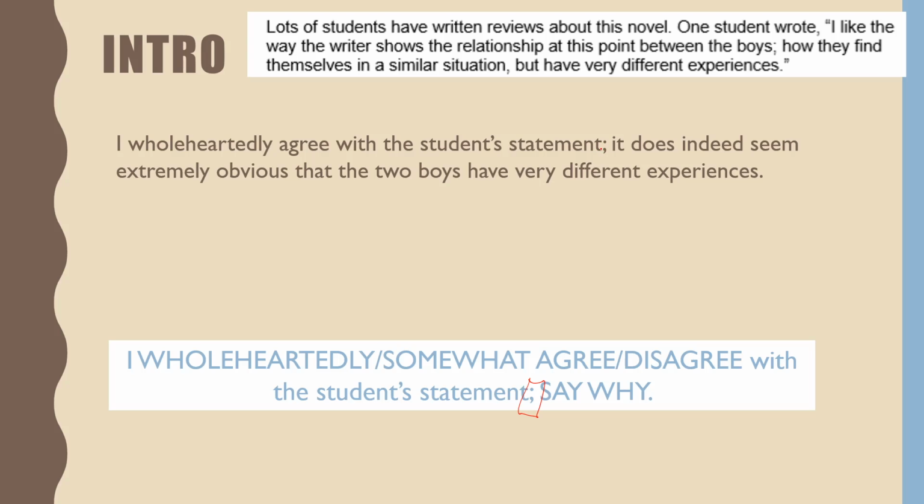If you're going to say somewhat, then after the semicolon, you're going to have to say one reason why you would agree, and then one reason why you would disagree. So you'd have to put both sides. So you might say, I somewhat agree with the student's statement; whilst it does indeed seem that the boys have very different experiences, some of the things that they say are quite similar to each other. So you'd have to put both sides